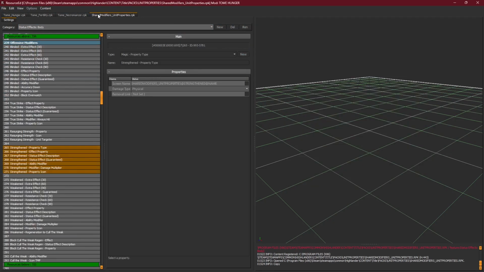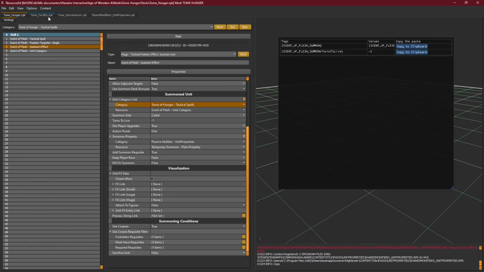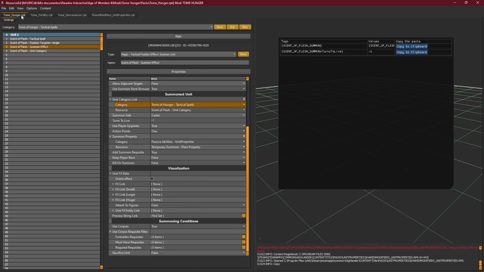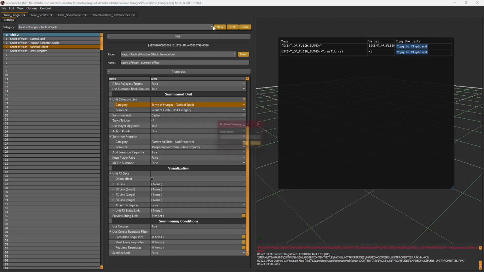And we're going to put this in a different page because that's what they do. Well, they don't do it in Tomes, I believe, because they don't add new effects in Tomes, but I do in my own. And I usually try to separate them and have them in their own little page